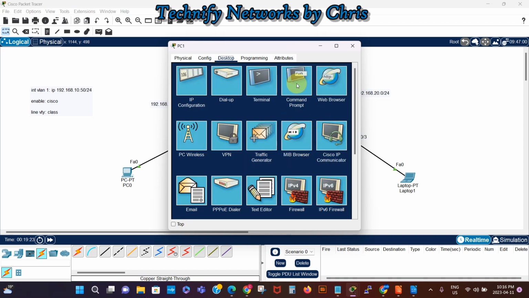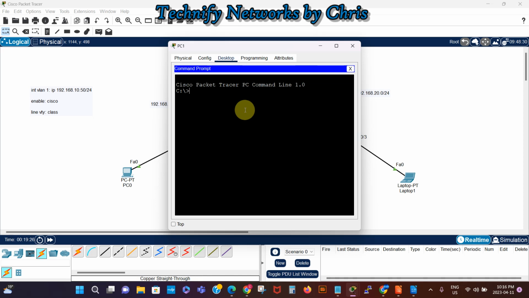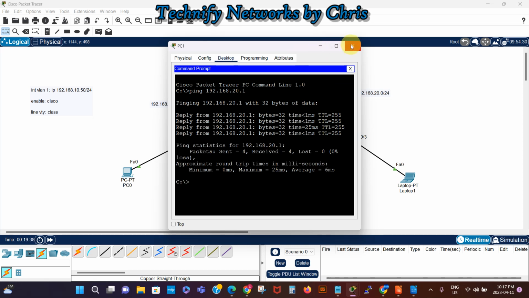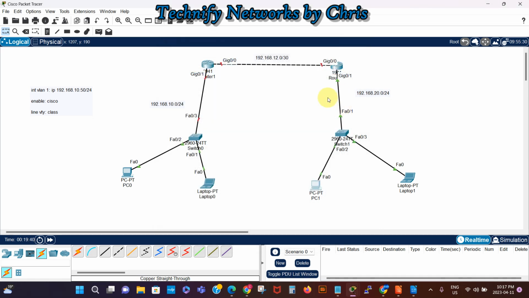So we're gonna ping again. This time around I'm gonna paste that and change it to 1. Yeah, so that's good over there. So we go to router 1,